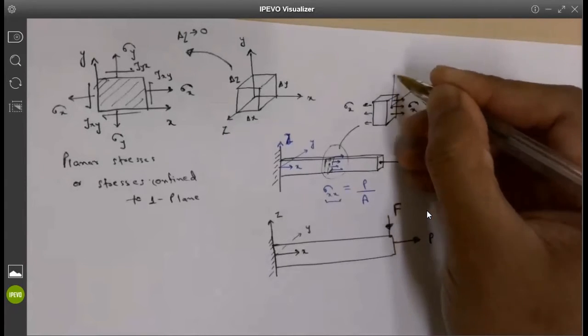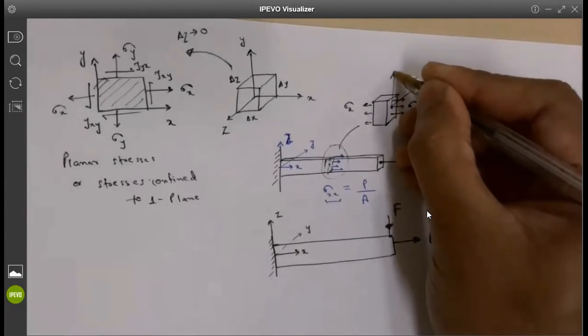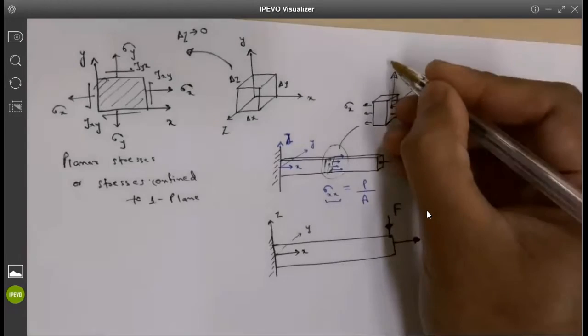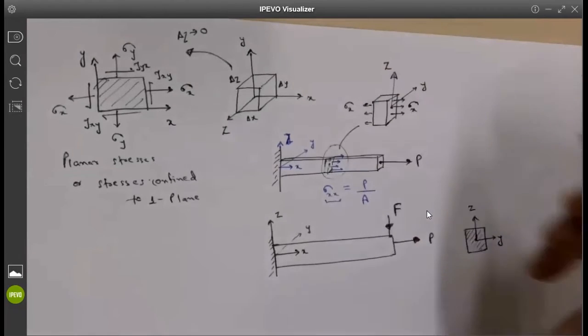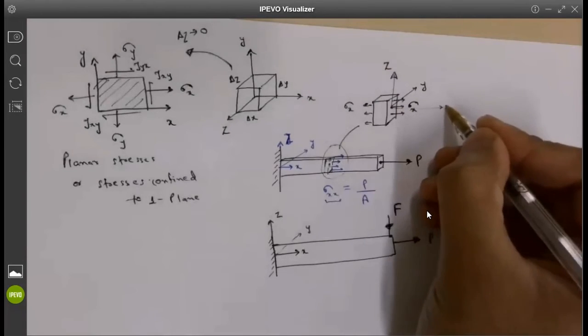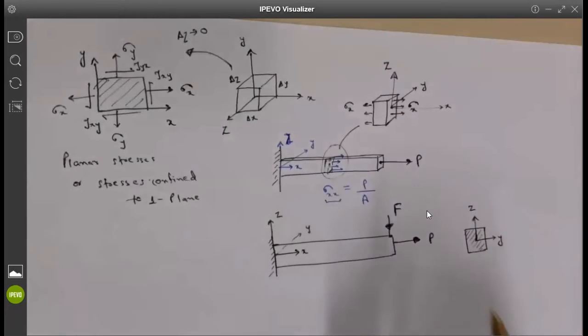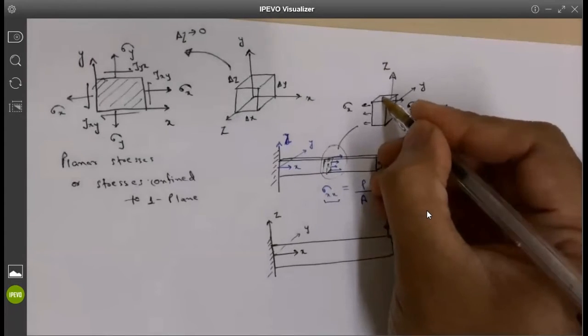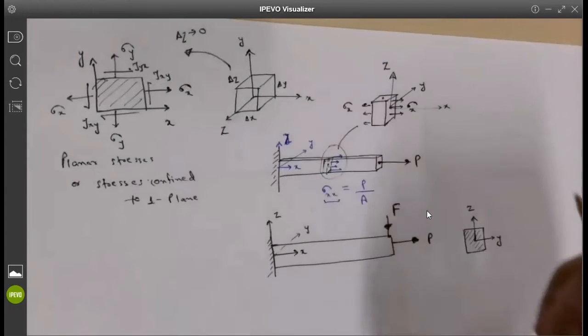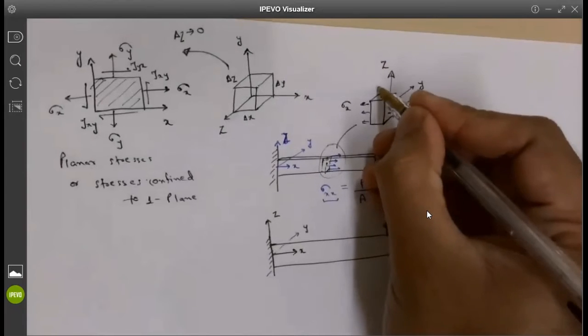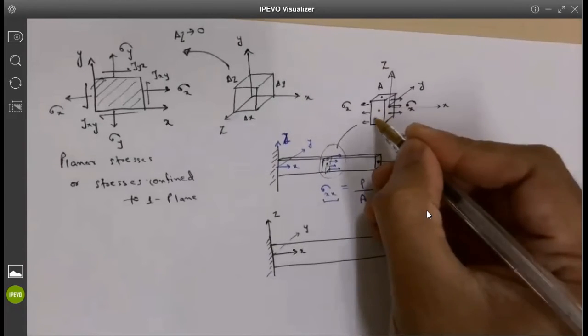on the horizontal direction, or out of the plane of the paper, or inside the plane of the paper, and Z in the vertical direction. And this is my X. Now, if I'm talking about stress at the top surface, let's say this is A, and stress at this surface, which is B,